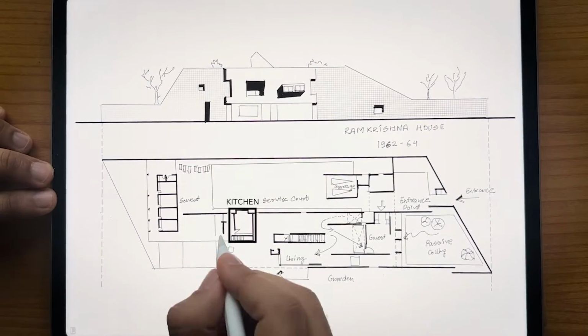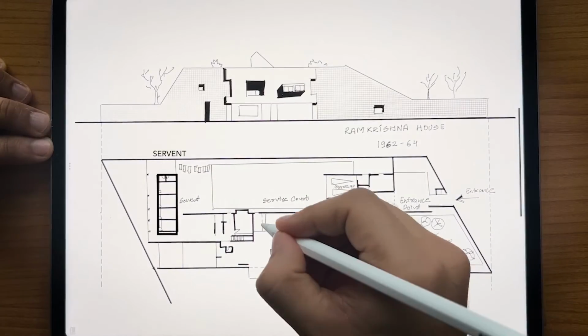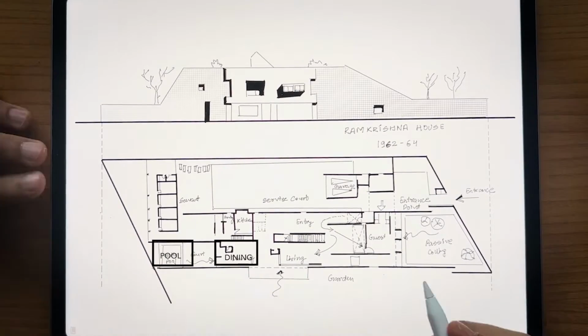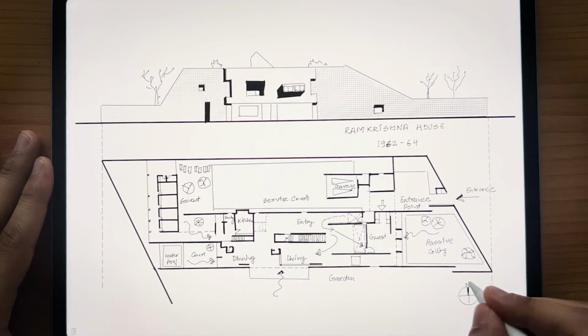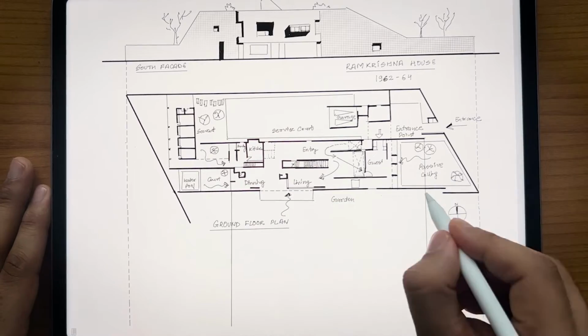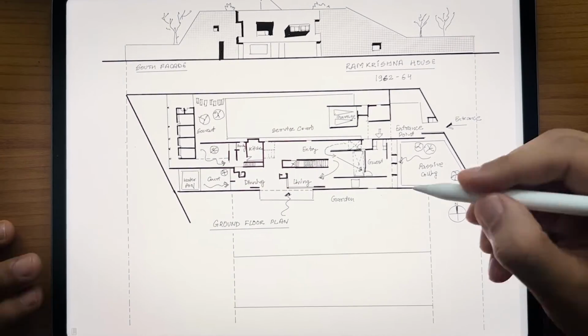The kitchen is located at the backside of the house, closest to the servant room. Next to the kitchen is the dining area which overlooks the water pool and courtyard. This setup helps cool the indoor air naturally as warm air rises from the water, creating a perfect blend of passive cooling technique in the house. This internal courtyard becomes crucial for air movement, following the typical Indian tradition of having a sitting space inside the house with an open to sky veranda.